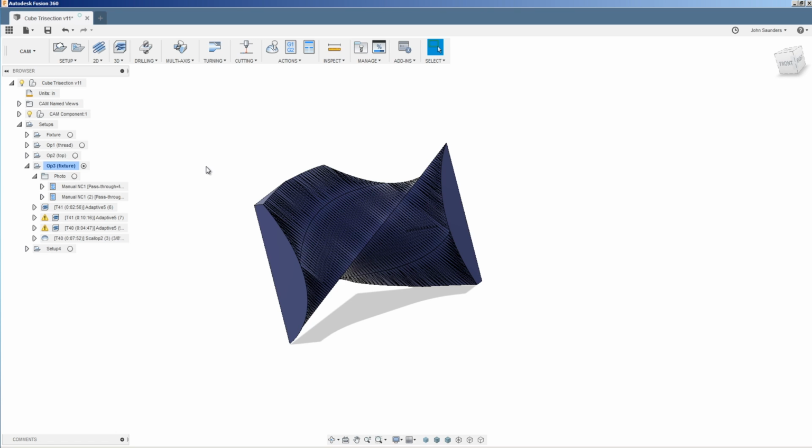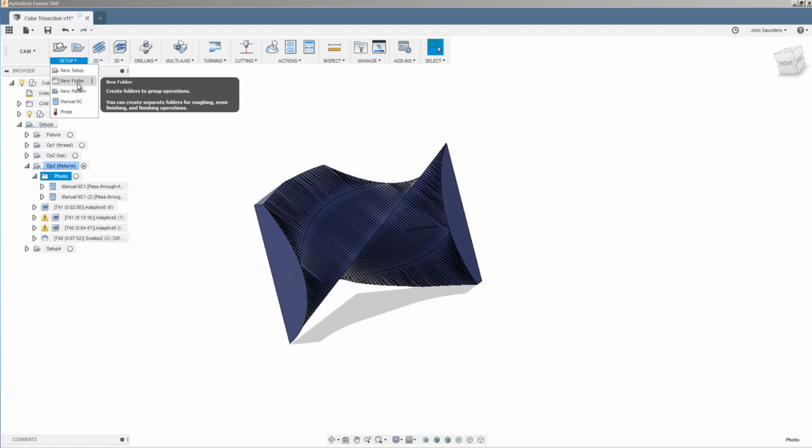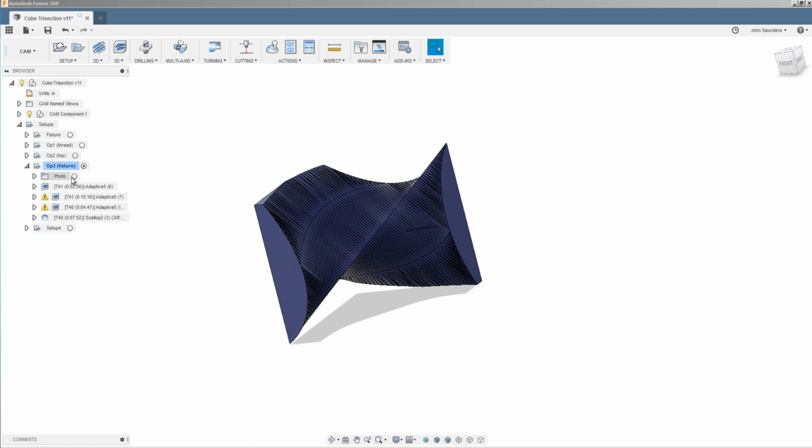And so as we've grown, we've got more people running the machines, we've got newer interns, we've got jobs that we're pulling in from, say, a year ago. The ability to add a picture to quickly show or remind yourself is actually a pretty darn cool thing. I've created a folder by going to Setup, New Folder. And that's just to kind of keep things clean, to remind myself, okay, all this is adding the G-code for